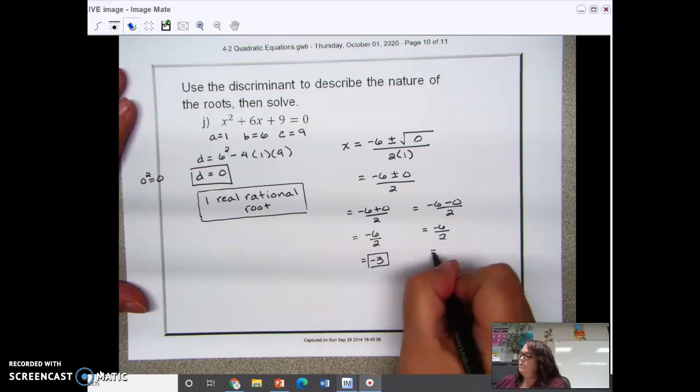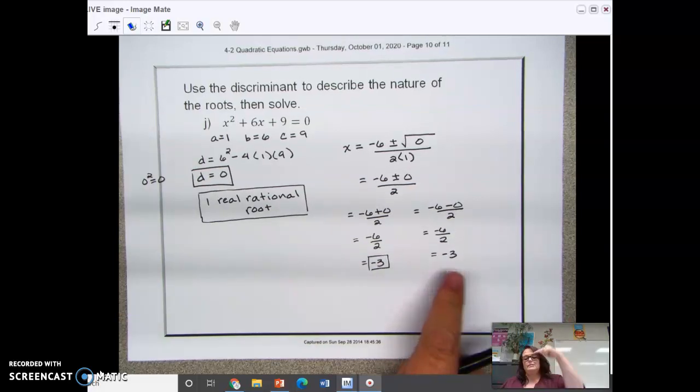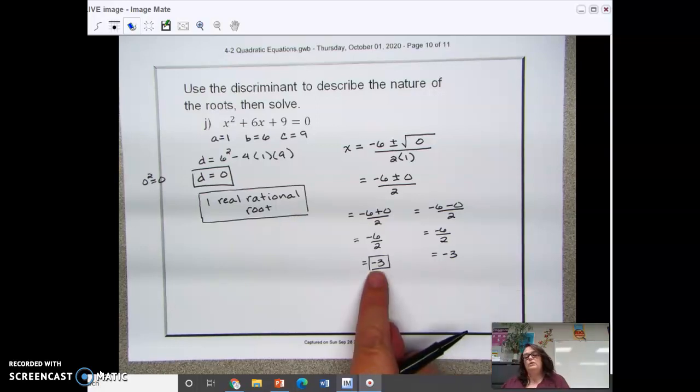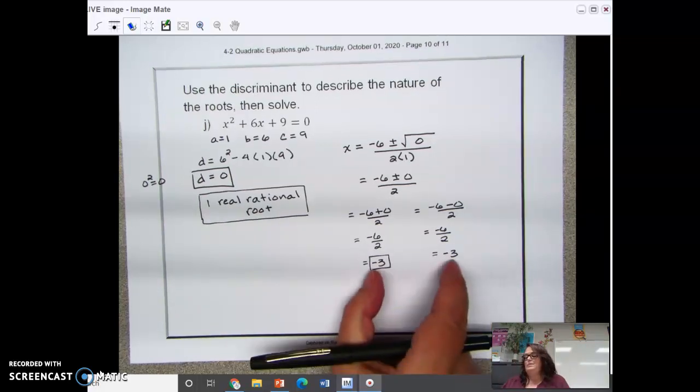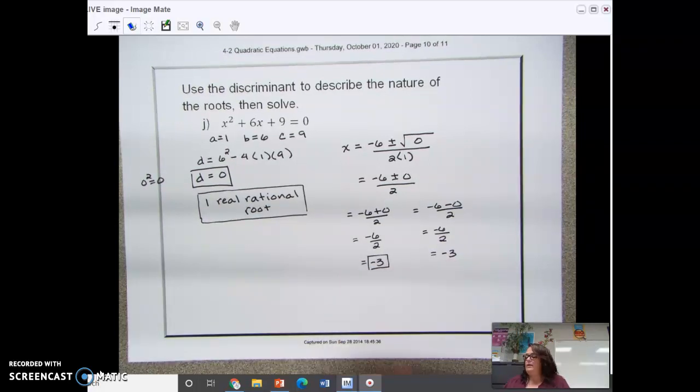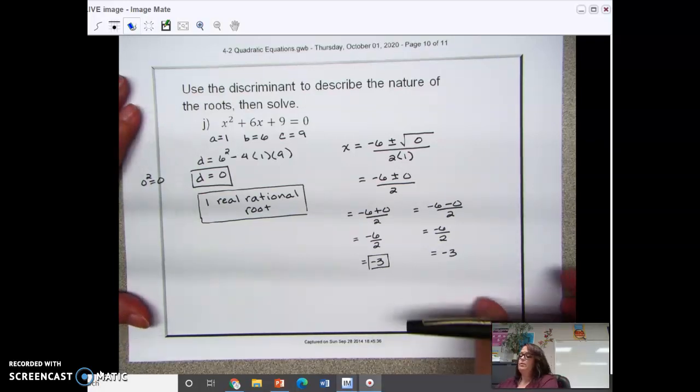So the reason why I ended up with it twice is it's one of those that bounces off of the axis, so there's really only one place where it hits, but it's because that same root is a root twice. So that happens whenever we have a square. All right, so again, if I'm going a little too fast, go ahead and pause the video, but I'm going to move on to the next